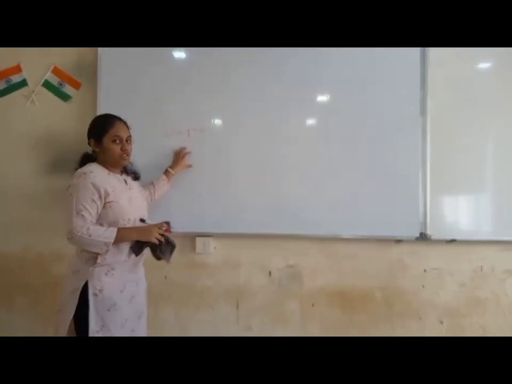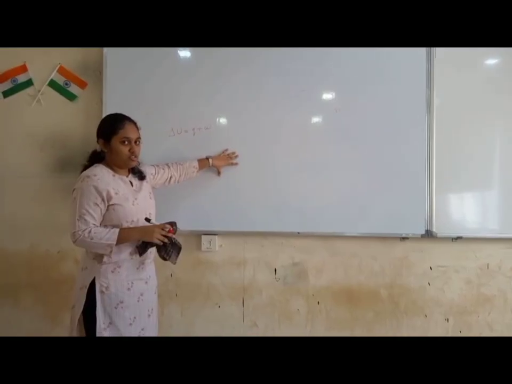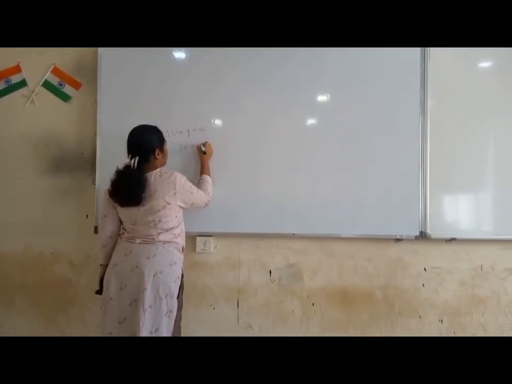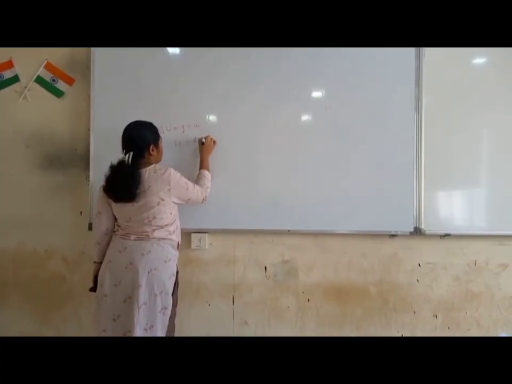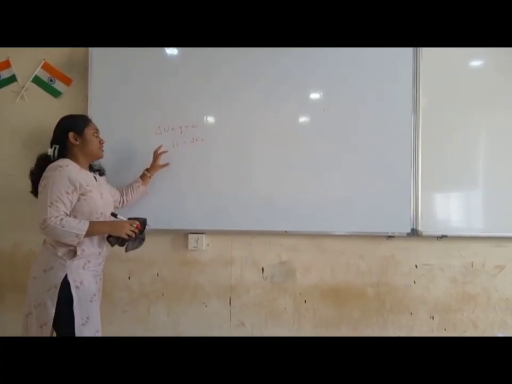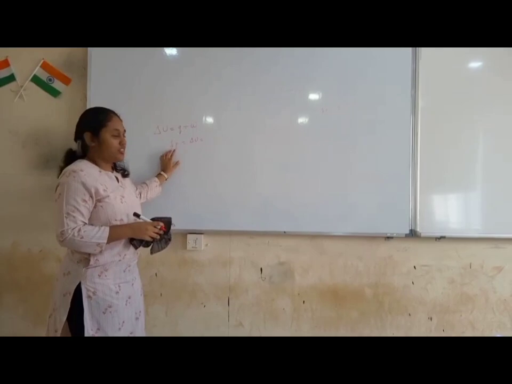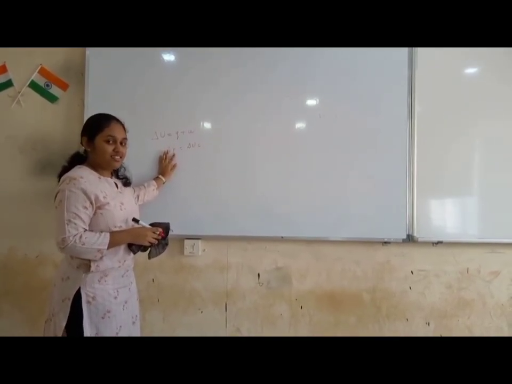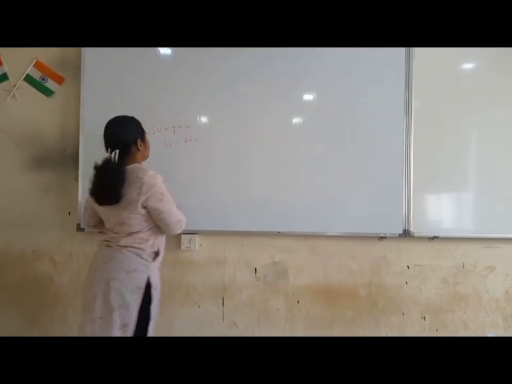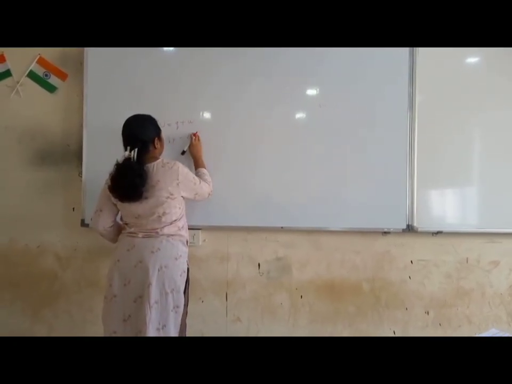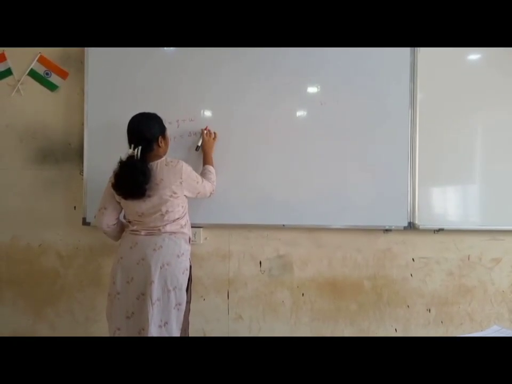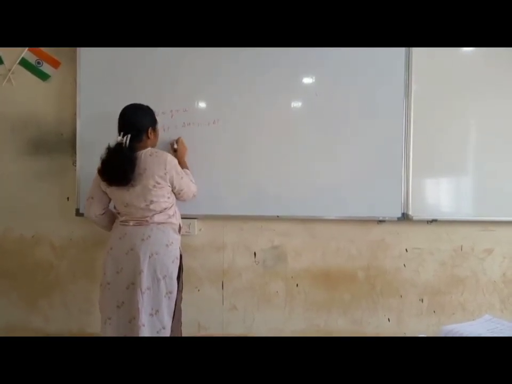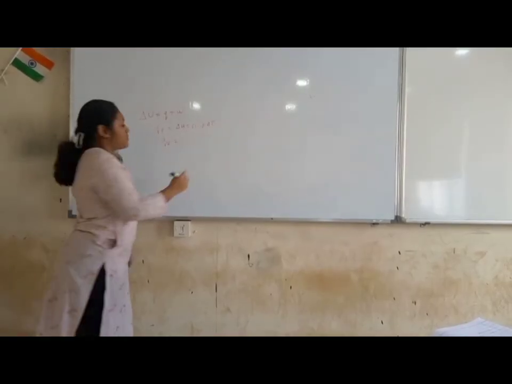Heat can be given in two ways, at constant pressure and constant volume. If it is given at constant pressure, it is equal to delta U, that is QP. As I told in specific heat, what is this formula? What was the formula of QP? n C_V delta T. At constant volume, n C_V delta T.